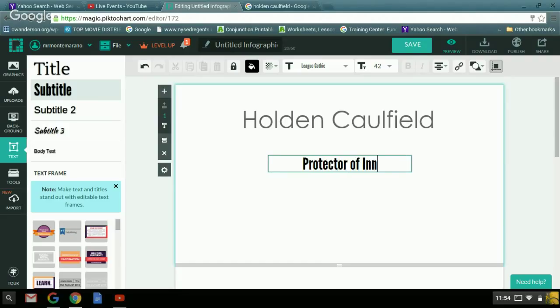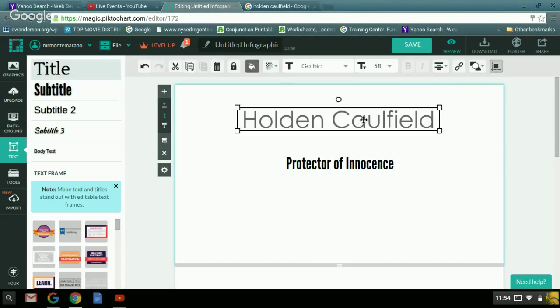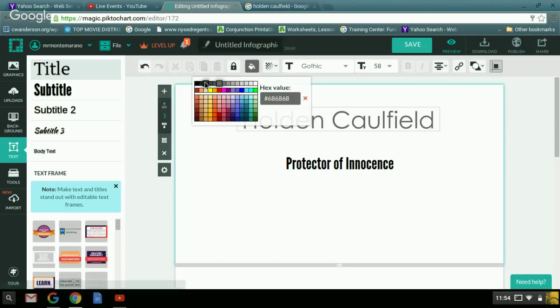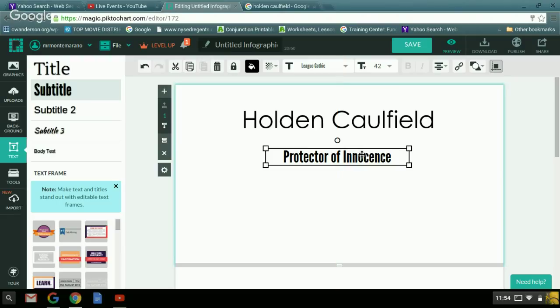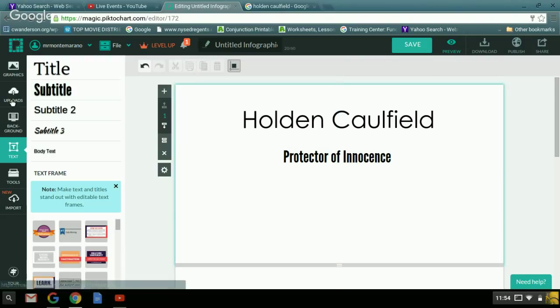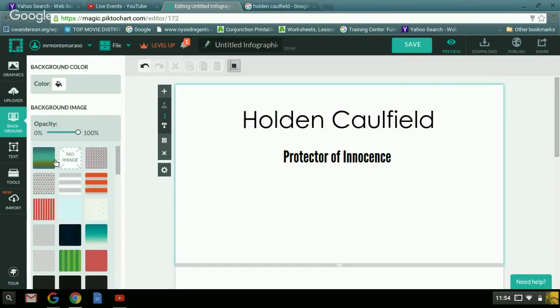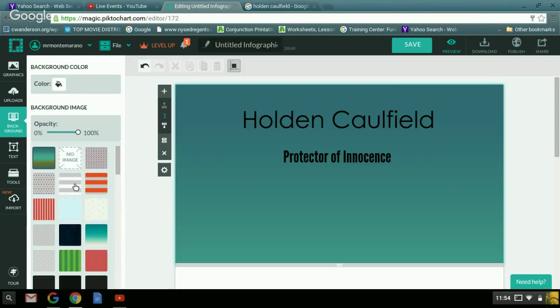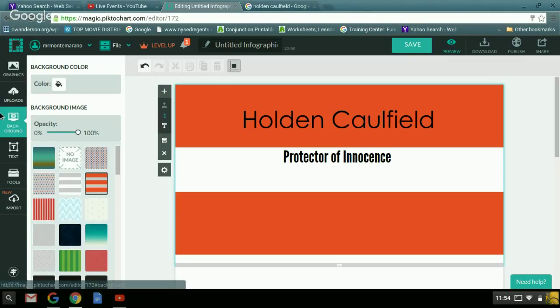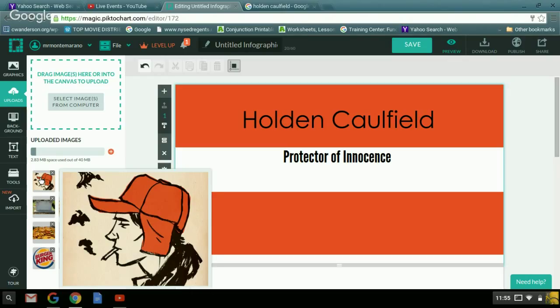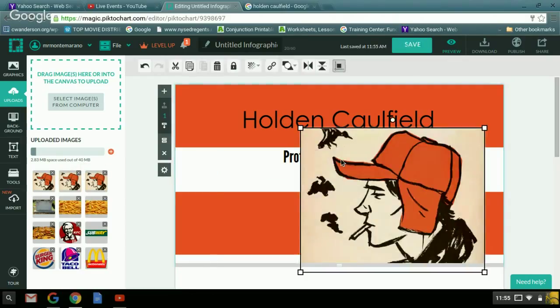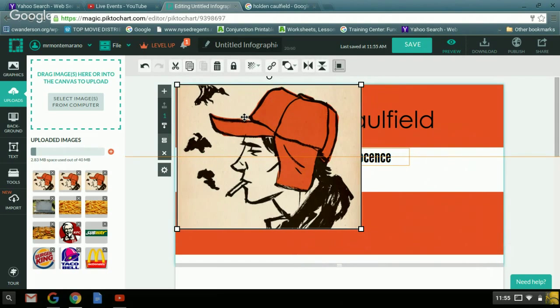Protector of innocence. Okay, so what I can do here, if I want to match, I can change the font, I can change the color of the font, I can change the size. You can change the font up here, the font size, but in this case I'm going to leave these just the way they are. And then I'm going to do my uploads. So since I already have, again, you can choose from their backgrounds if you find something you like. You can try different things. I'm going to upload a photo, but since I already have an uploaded photo in Piktochart, I'm just going to choose this one. I'm going to drop it in,